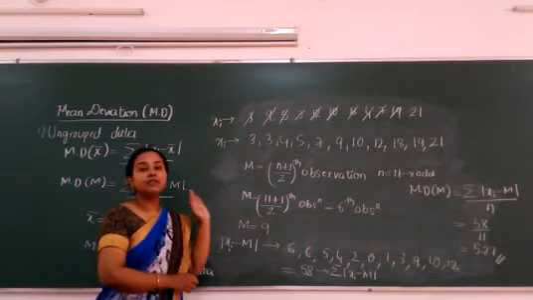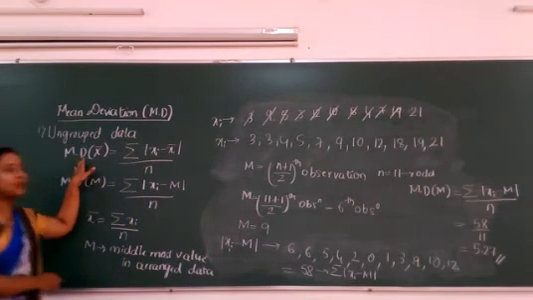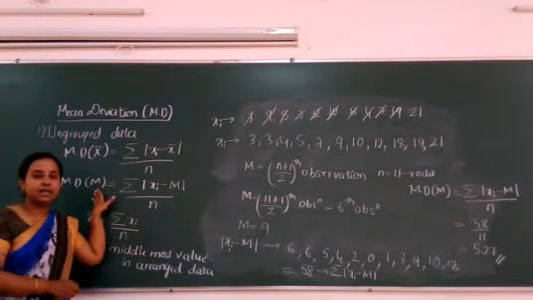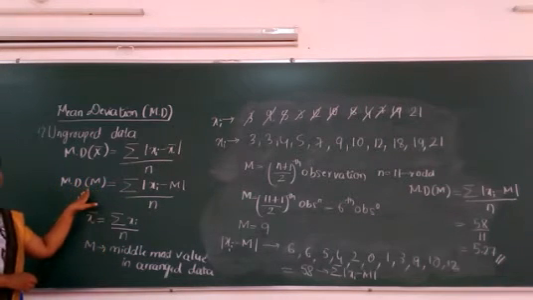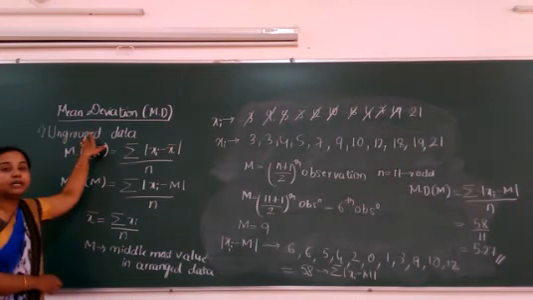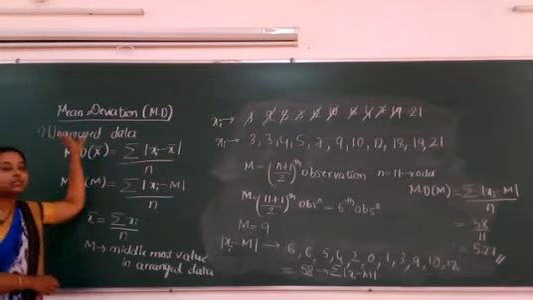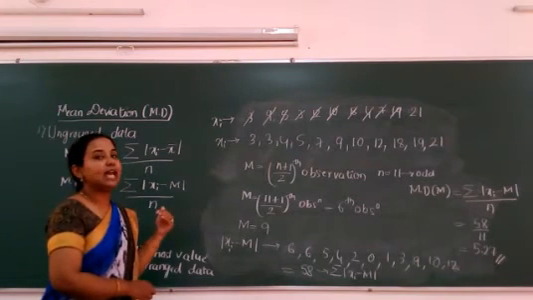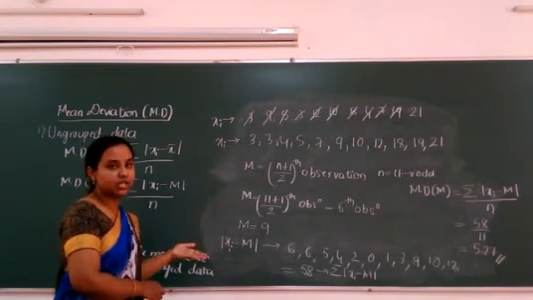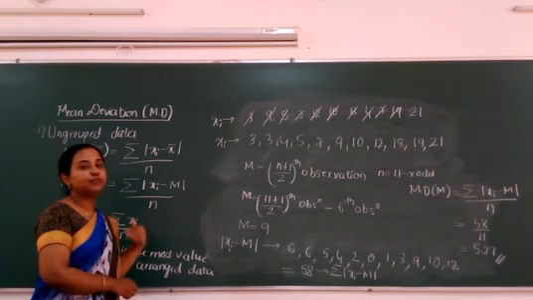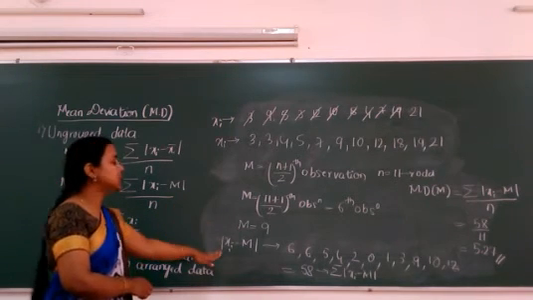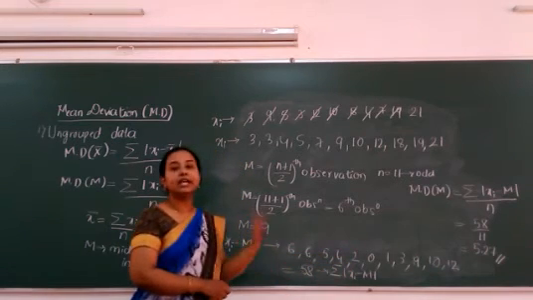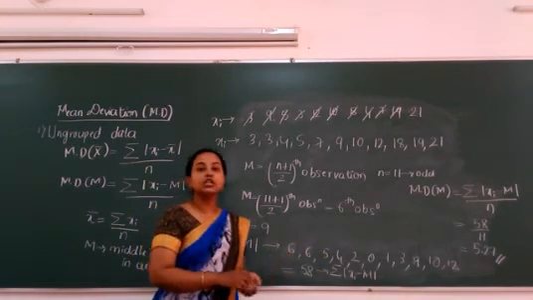I hope now everyone is clear how to use the formula for mean deviation about mean and mean deviation about median, and this is specifically for ungrouped data. Whether it is about mean or median: if it is about mean, you calculate the mean, then its deviation. If it is median, first calculate the median, then its deviation. Then find the mean of the deviations and you will get your final answer. Okay, so now what will we do?